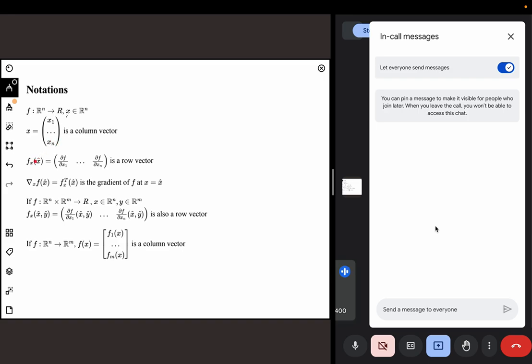So when you say x is a vector, we denote it with a column matrix, something like this. And then f_x is the derivative of f at that particular x hat, and that we are representing with a row vector. You see the original vector is denoted as a column vector, and the derivative is denoted as